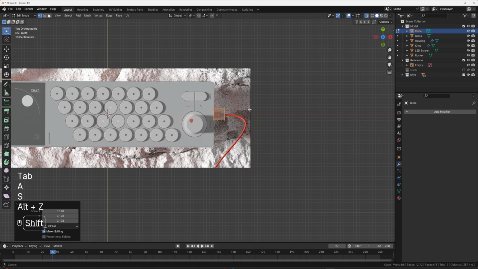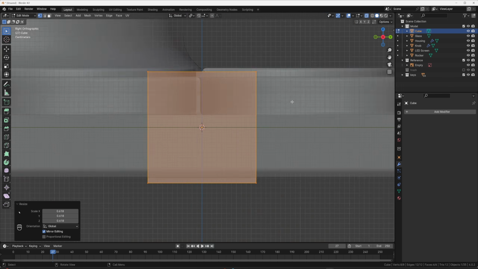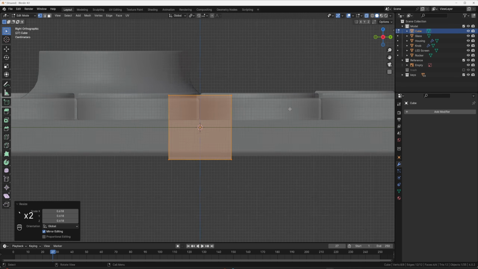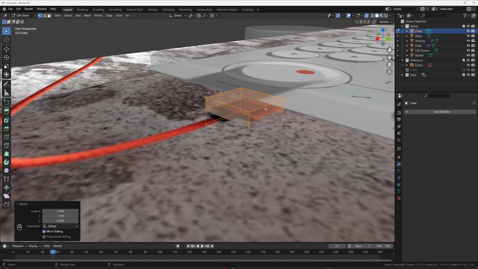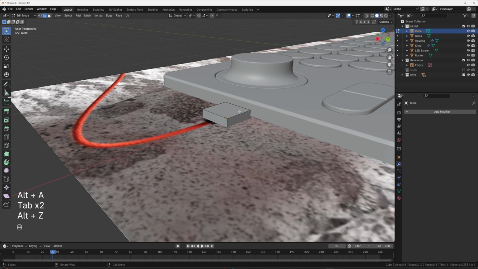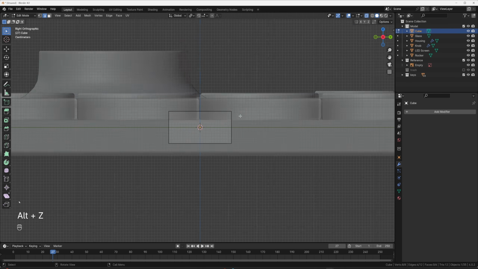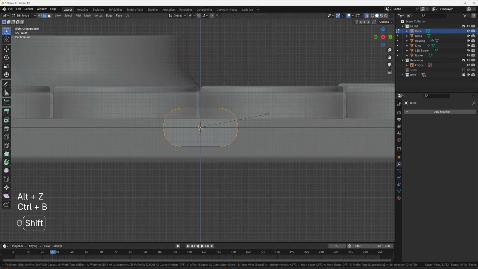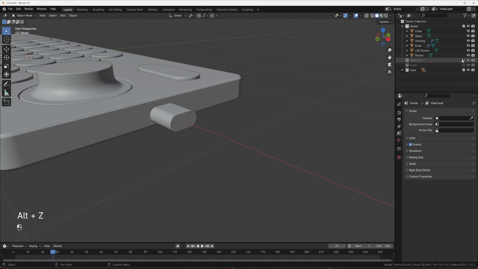Scale it down. I'm going to go into X-ray mode. I'm just getting a size reference off of this. I'm going to go into the side view, so tilde and then right, SZ, just scale it down until it's a rectangle. And then we're going to use our little command trick, so Alt-A to deselect everything. And then we're going to do Control-Alt-Click on this. So now if I go back into the right view, basically I just want to bevel these like this. I'm going to give it plenty of segments, it doesn't really matter. So 10, like that. Out of X-ray mode, I'm going to hide our reference image for now.